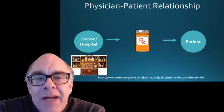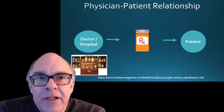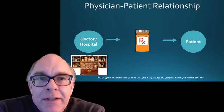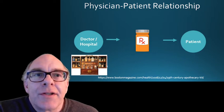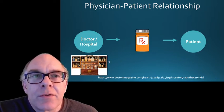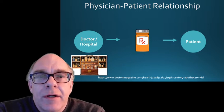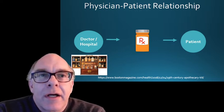In its most traditional sense, going back potentially hundreds of years, a patient would go to a physician, go to a specialist. They would often have access to their own set of medicinal products. In this case, we're looking at a medicine box that is roughly analogous to the medicine bags of the Native American Indians, where you'd have the ingredients needed to make a medication,